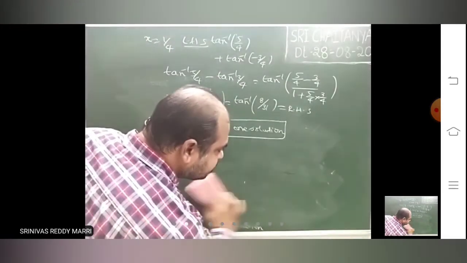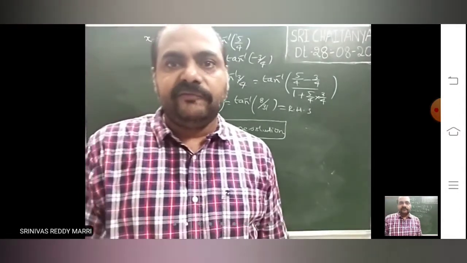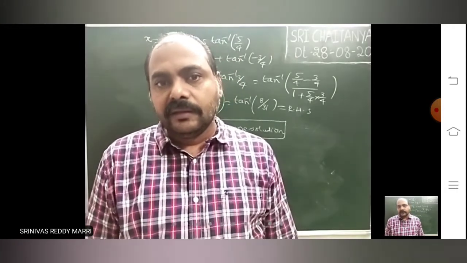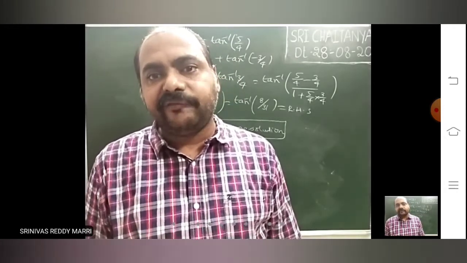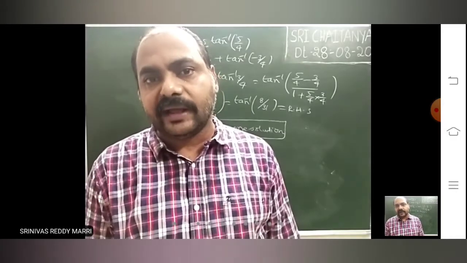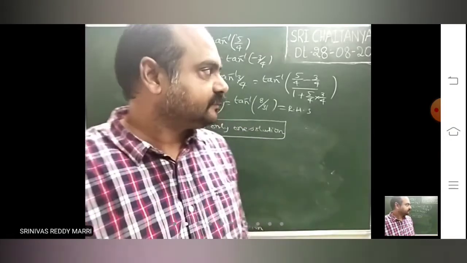So this is how to find the solutions. There are two simple methods. If tan inverse x plus tan inverse y is there, write the formula. Otherwise, take angle A, angle B, A plus B equal to pi by 3, as we did yesterday. Then finally substitute the solutions. Two methods.